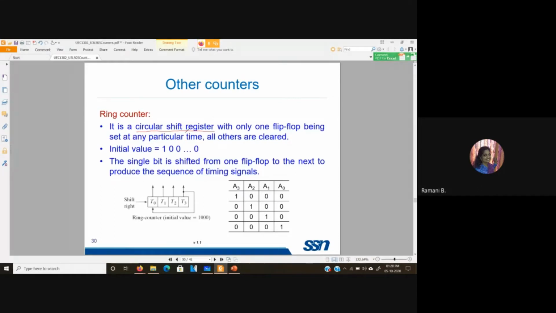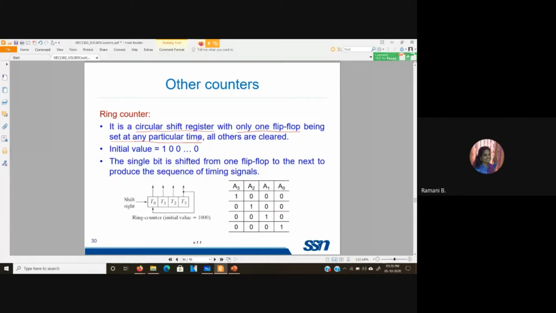So here this ring counter is a circular shift register and only one flip-flop is set at any particular time. That is the key point here actually. So how many ever flip-flops you have, we call it as that many bit, that is n bit ring counter. So you are going to have n flip-flops.